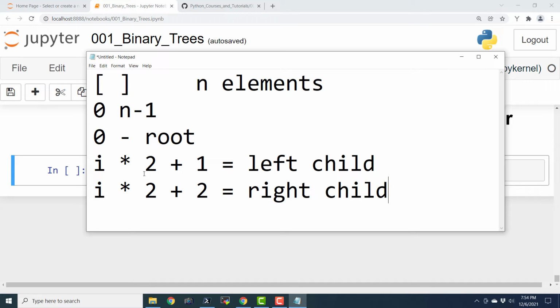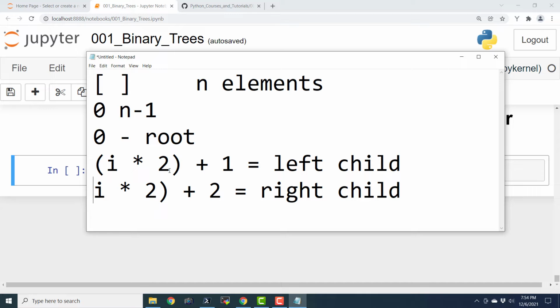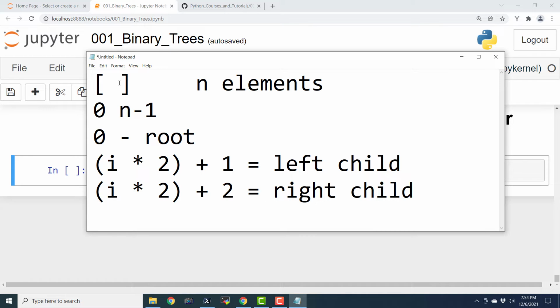In case you don't have any child for that particular position, then you just insert a hyphen or you just leave that position blank. So we do not fill that particular position. This is how we can define a level order list for any binary tree. And I think that we have already seen this particular formula in the earlier episodes of this series for trees and Python. So now we are going to construct a binary tree from a level order traversal list.